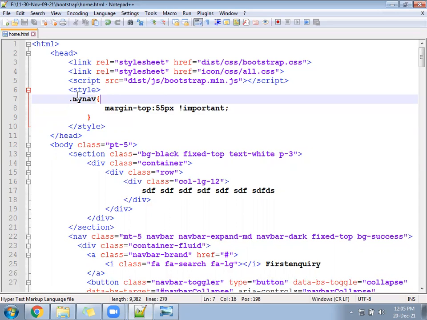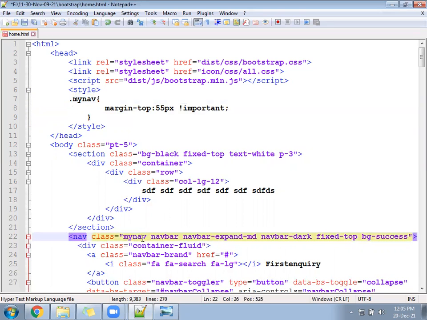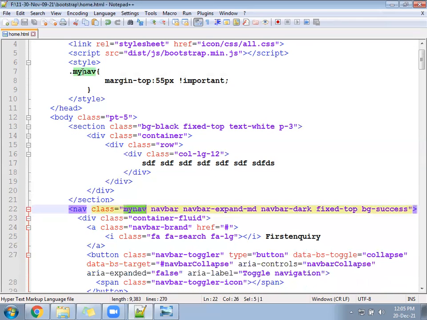Written my nav. This my nav you will call here. You will remove the mt-5 and call here my nav. And here p3 will be as usual.